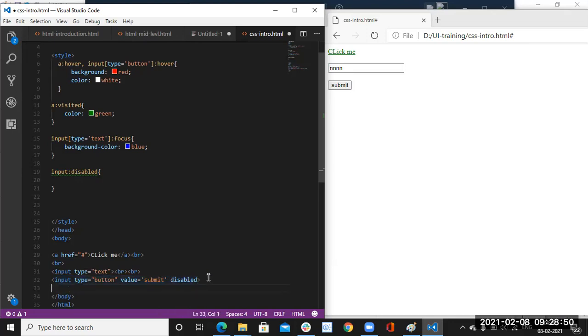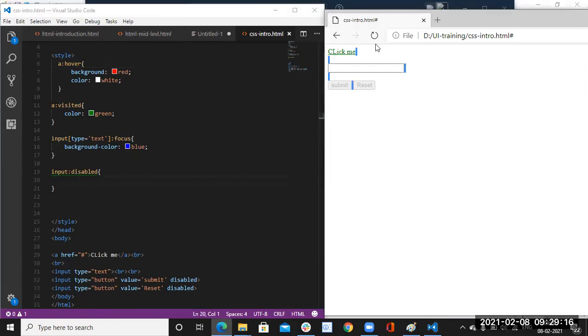I'm taking two buttons. Refresh. Now, by default, that button will get this look if it is in disabled mode.